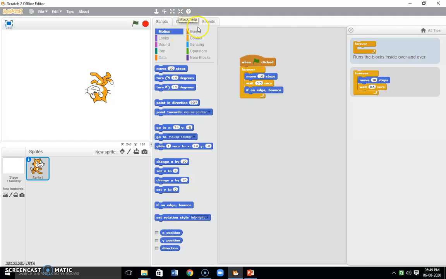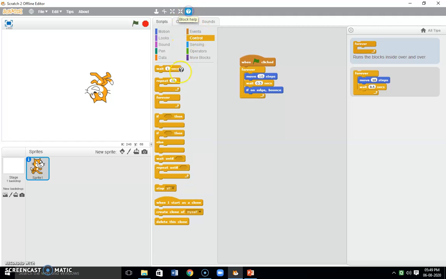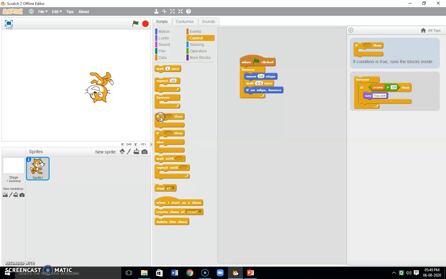Then another block. We have used repeat 10 times and forever, but here we can also use if. If condition is true, runs the blocks inside. Sometimes it happens that if a particular condition is met or particular circumstances are there, then we run a particular script. Then we can use the if then block.